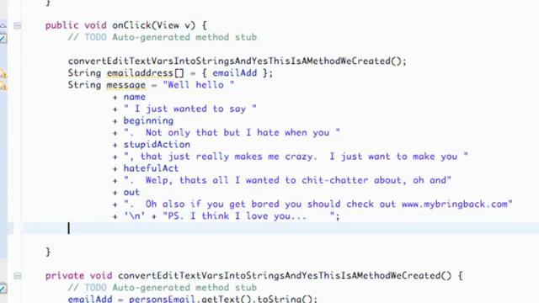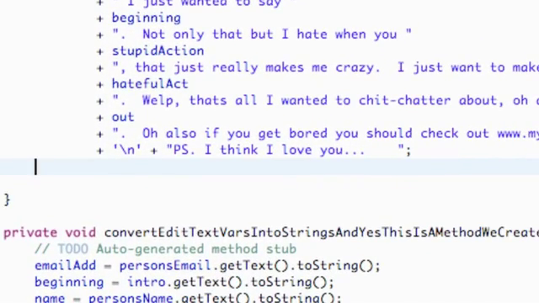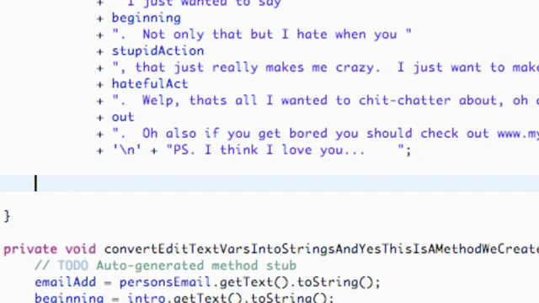Etc. So we're going to go below where the message is set up, and again what we're going to do is start an activity, but instead of an intent for a class that we already have, we're going to use the intent that is going to reference the phone for the email. So start up an email application. First we're going to set up an intent, just like we set up all other types of intents for the most part. We're going to call this email intent, something like that, and hit enter. And then again we have to import the intent